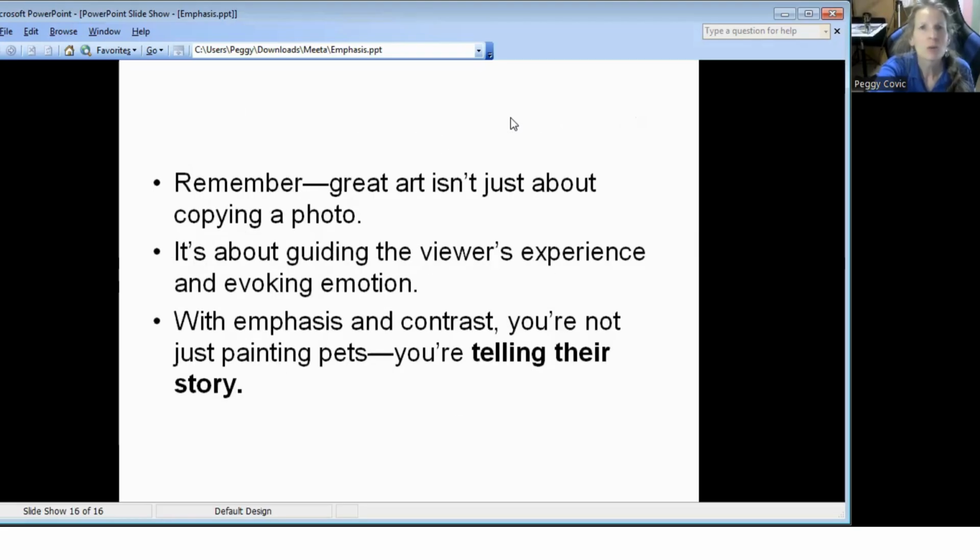So remember that great art isn't just about copying that photo. It's about guiding the viewer's experience and evoking an emotion. With emphasis and contrast, you're not just painting a pet. You are telling their story. And keep that story in mind when you're painting. And put your heart and your soul into painting their soul